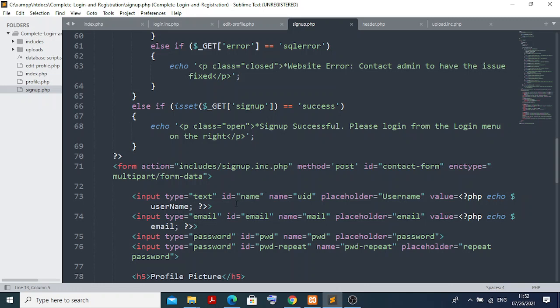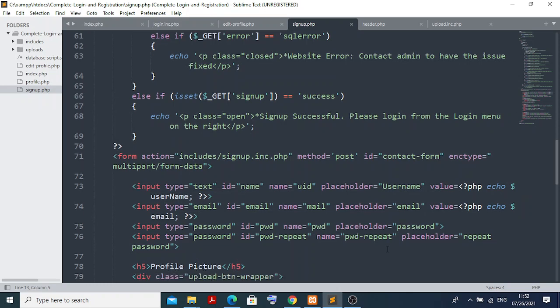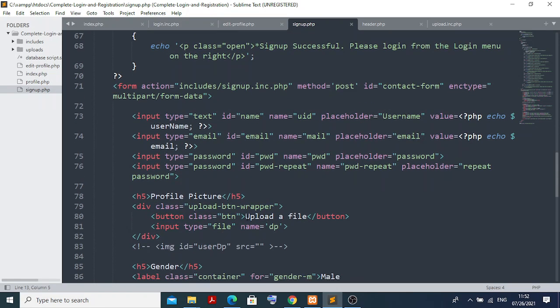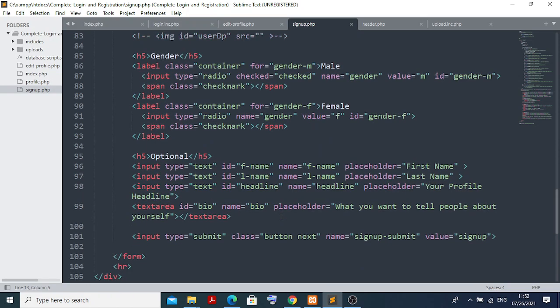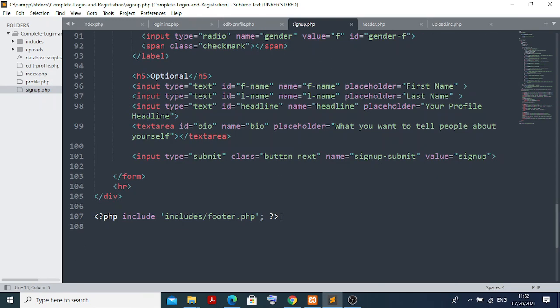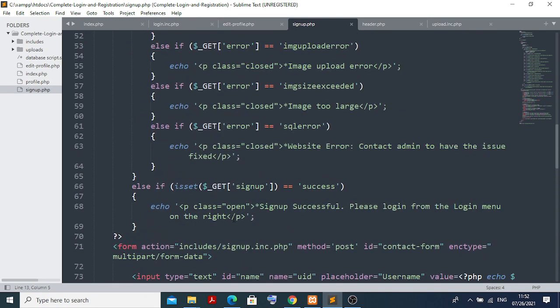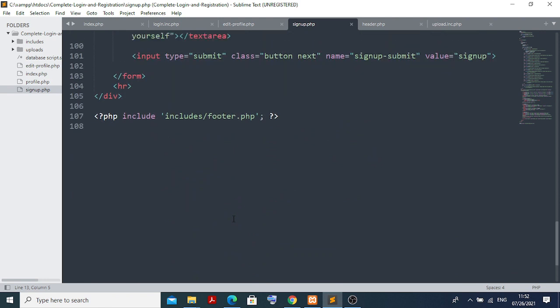So you created the input box, the placeholder is username, and you can go for the password, you can go for the email, you can go for everything here like this, and also you can go for editing the picture, and everything you can put like this. So once everything is fine, then we also put the genders, all the genders you can put here, and you can keep a submit button also. So once you submit, initially I am going for the header.php, and at the end I am going with the footer.php.